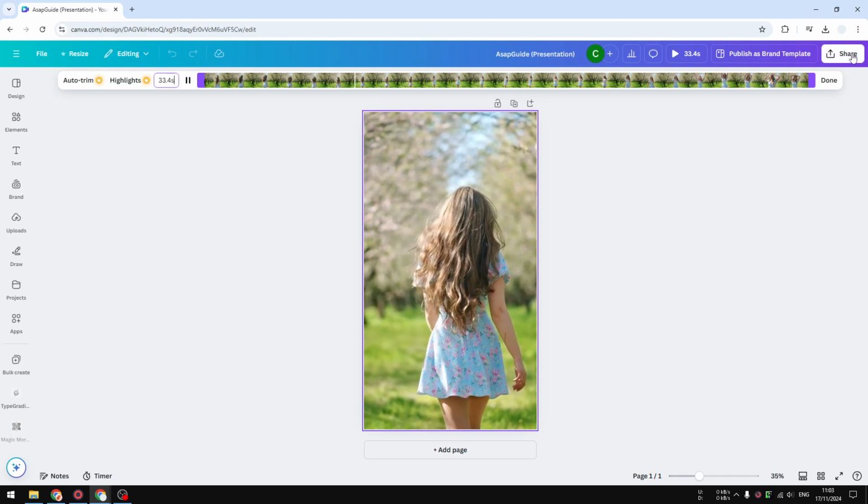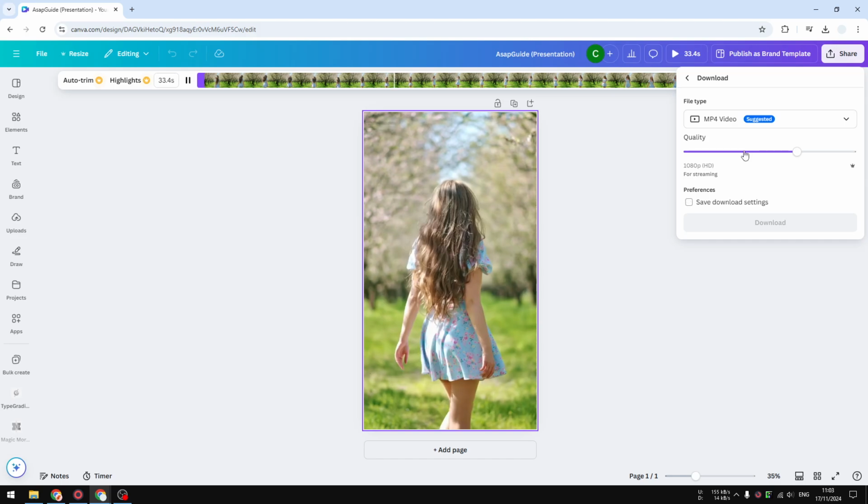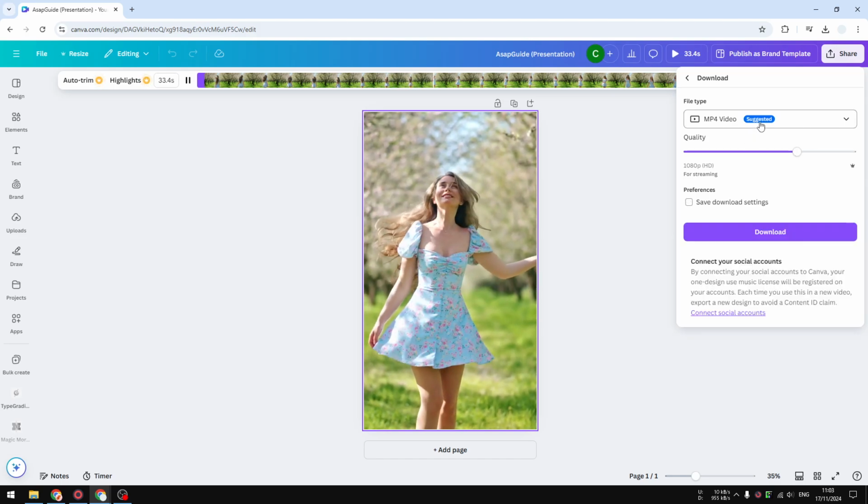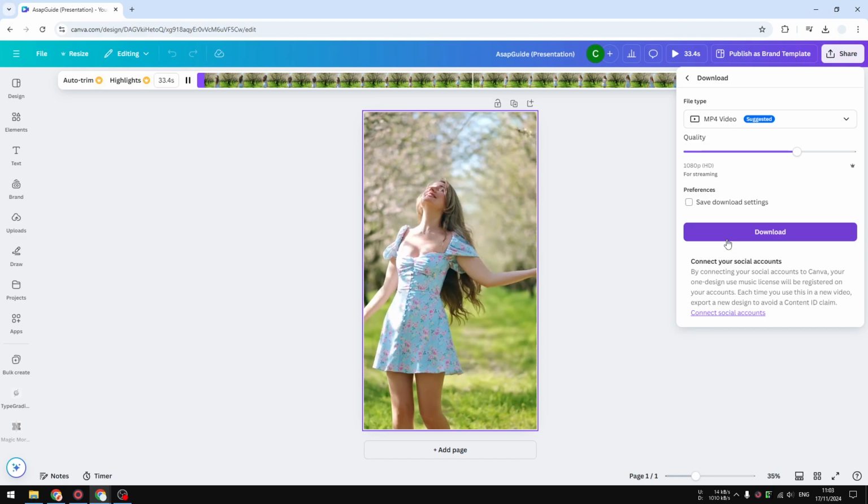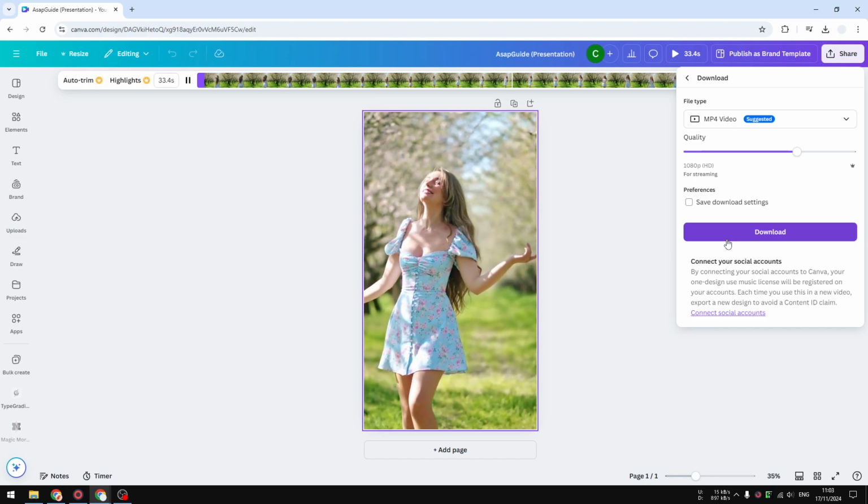And after that, you can share the video, you can download, you can share to your social media account, and yeah, that's basically it. So that's how you can resize a Canva video for